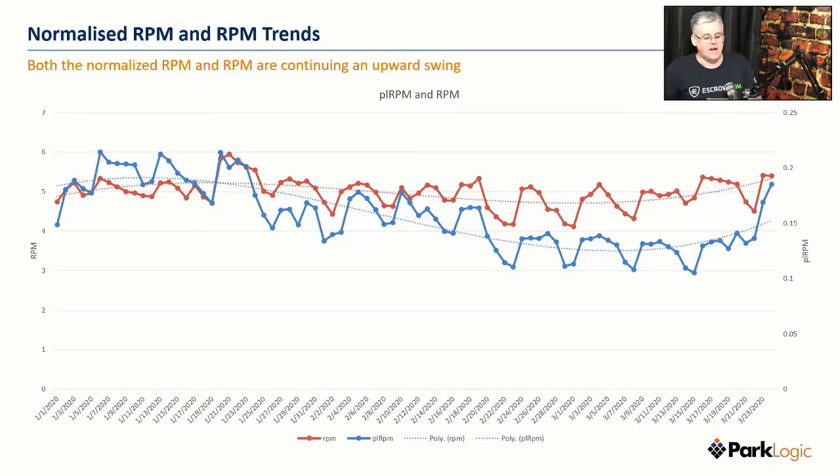So what do we have here? The first chart I find is the one that we pay attention to a lot at ParkLogic, and it deals with the RPM and the normalized RPM. Now, the normalized RPM, for those of you who don't know, is the revenue divided by the traffic we see coming to our servers. Well, the RPM is the revenue divided by what our monetization partners see at their end and what they recognize, because everyone has different filters.